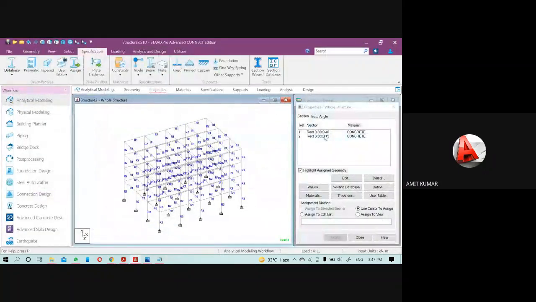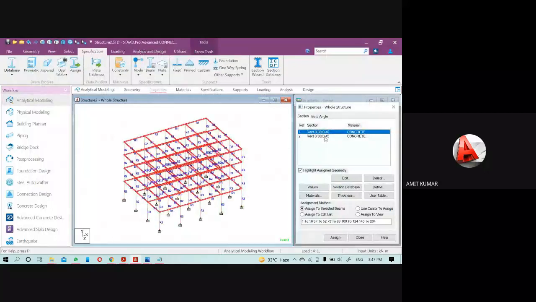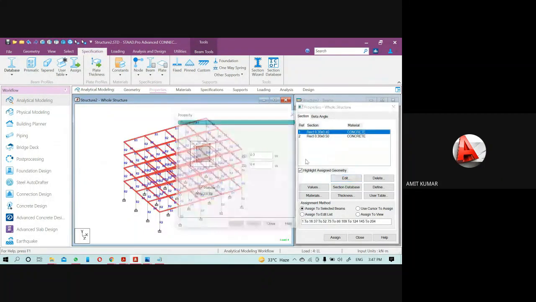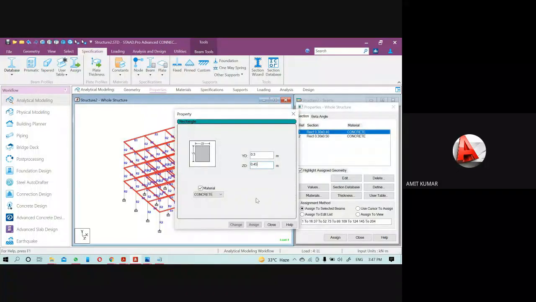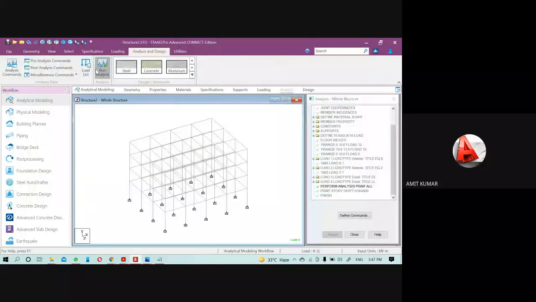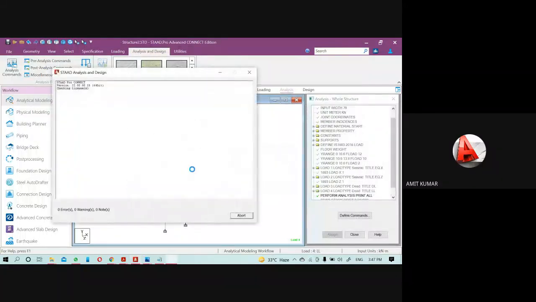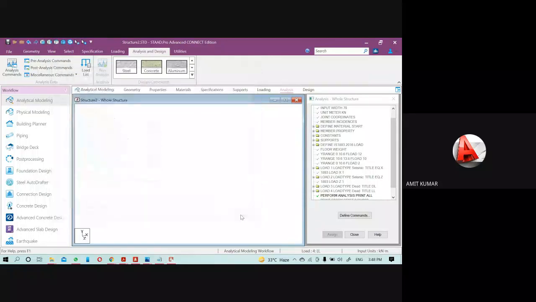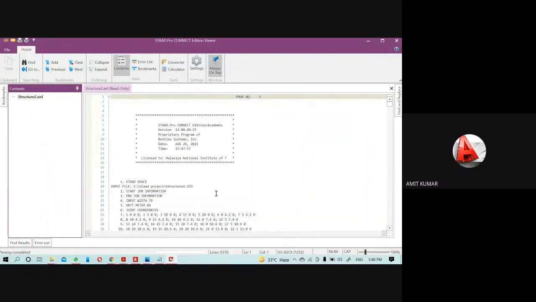Let me change a few values like 0.5, change it, yes, and for this going to change it to 4.45. Analyze it. Yeah, we have to add the floor diaphragm first.